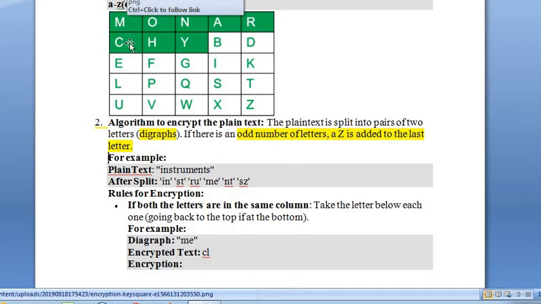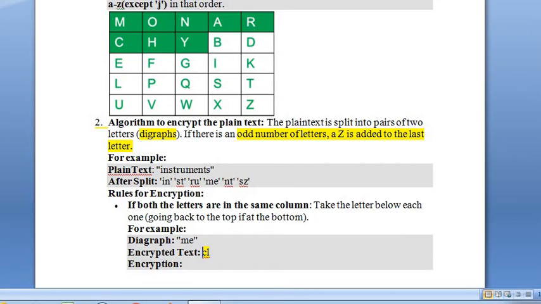One step down: M and E will be replaced by the letters below them. For M we put C as ciphertext, for E we put L as ciphertext. C, L. Okay, so this is the encrypted text.